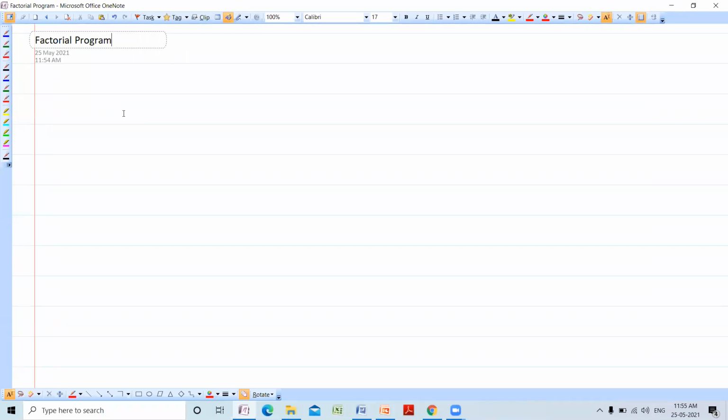So memory location 30 contains the factorial which you need to find out, which contains the data.